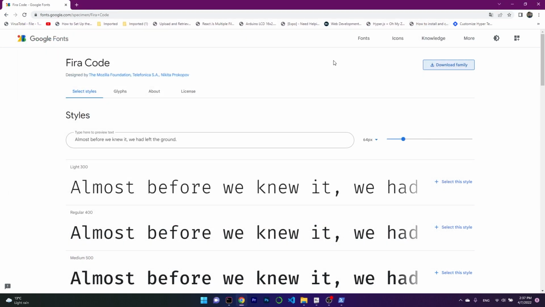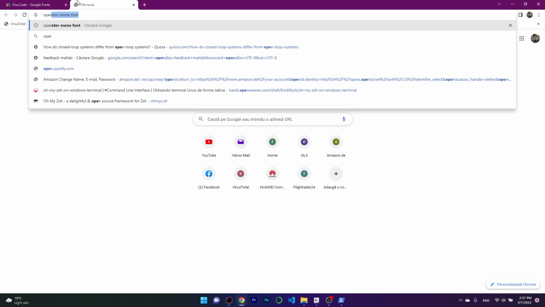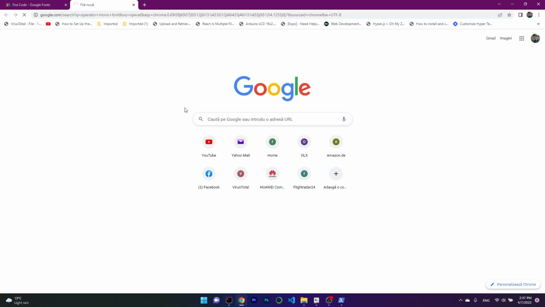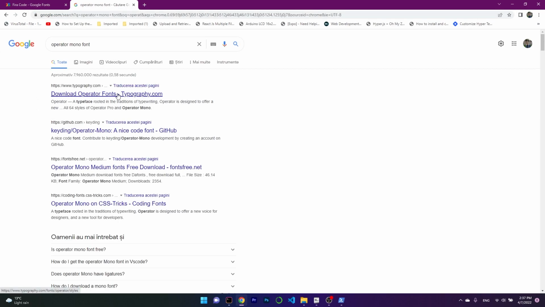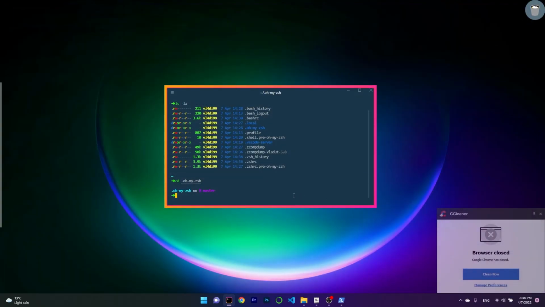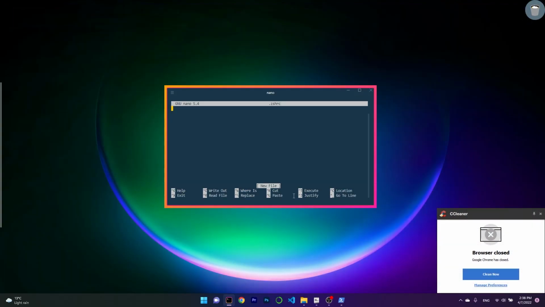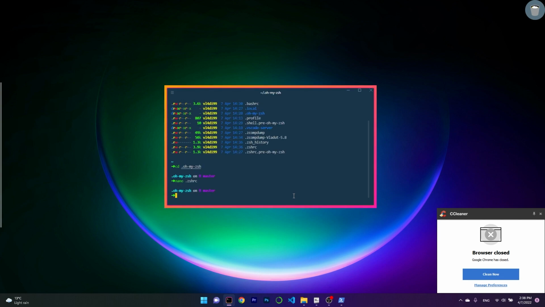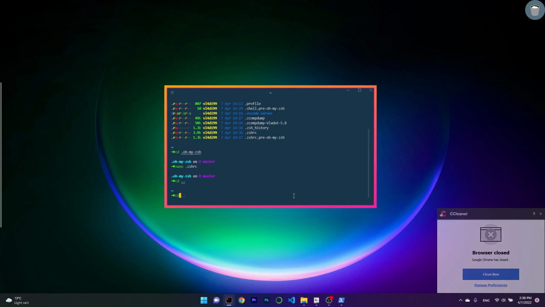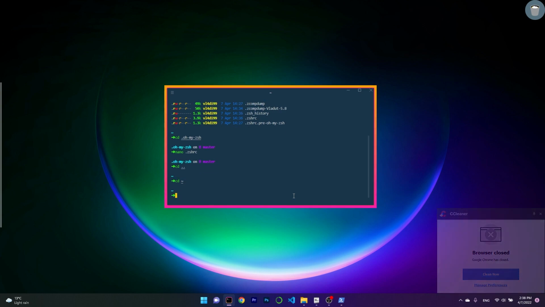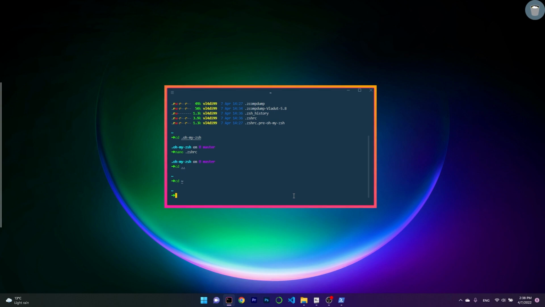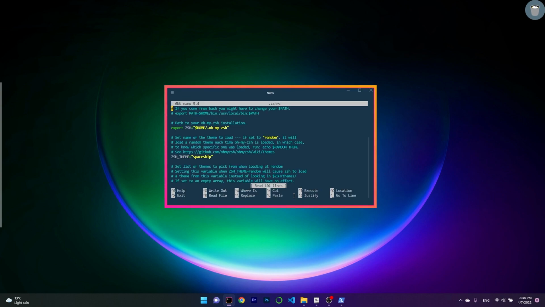Okay, and also Operator Mono code font, sorry. This should be installed by default on your machine. It's a font I like, and we need to change our configuration right now. So again, change directory to tilde to make sure we are home, and nano .zshrc,